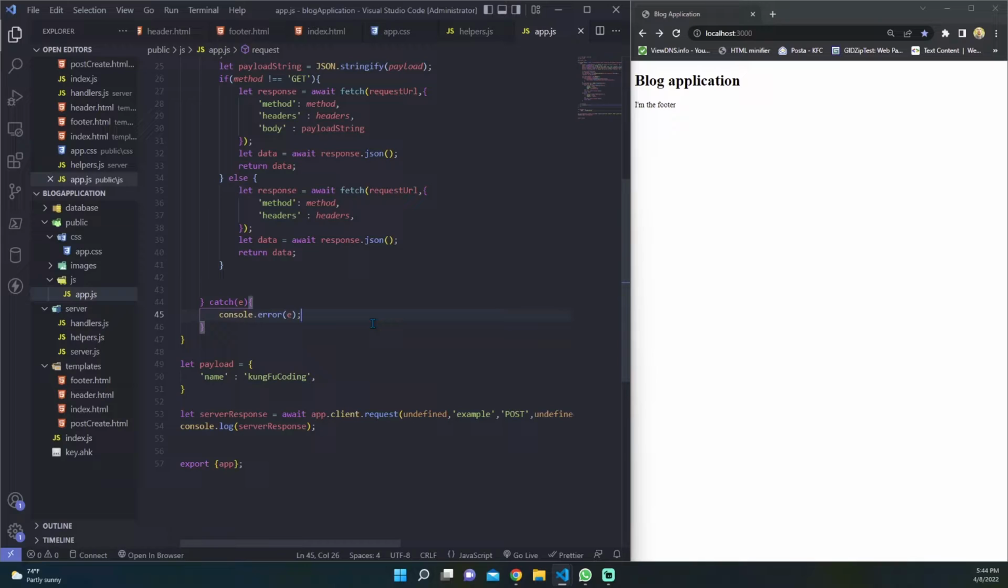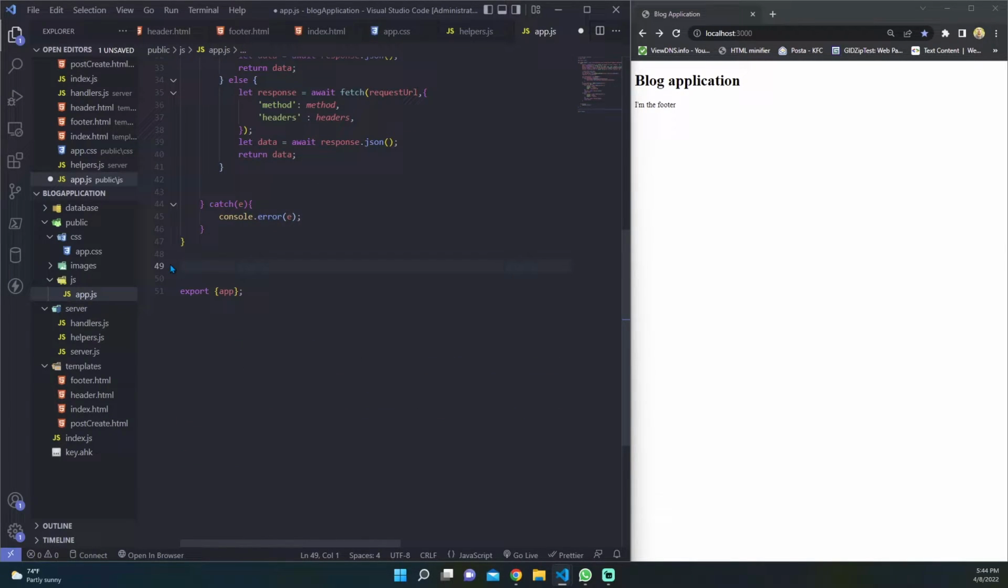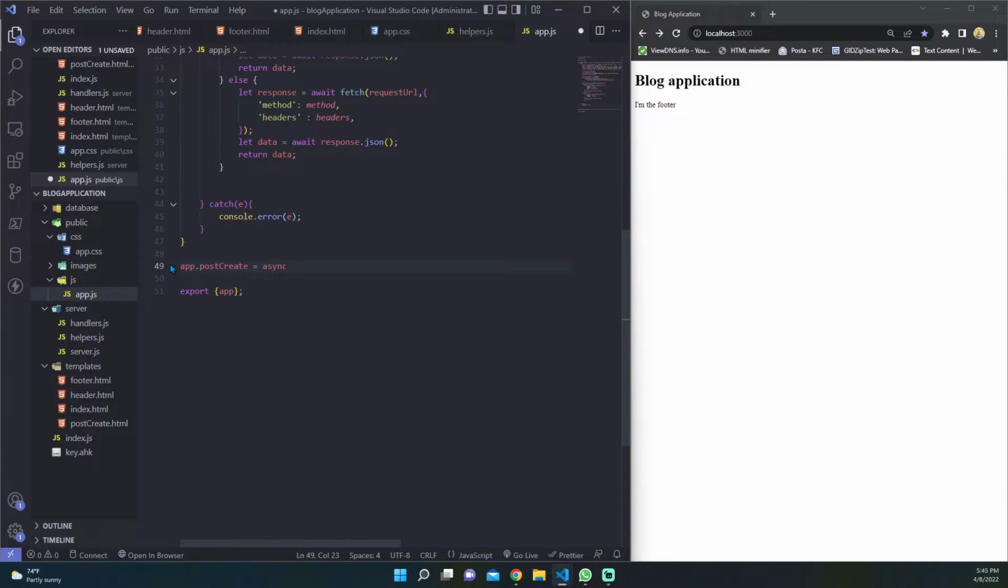Now that we understand how we can exchange data from client to server, we can start to build the post object that we have to store in our database folder. First of all, we can get rid of this. Okay, so let's start to create the function that will do that for us. So here we can say app.postCreate is equal to an asynchronous function here, and